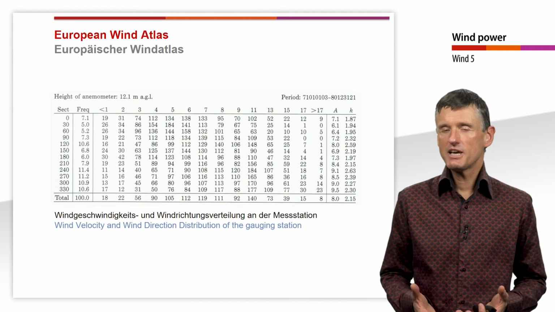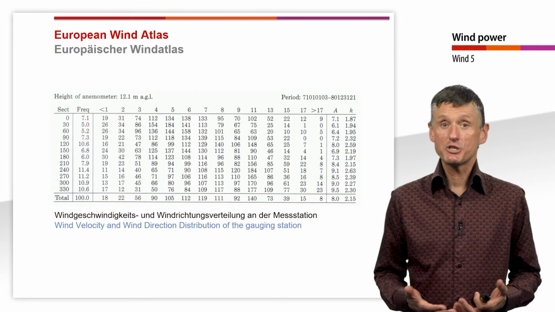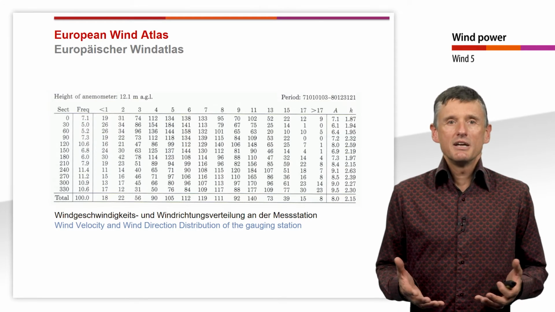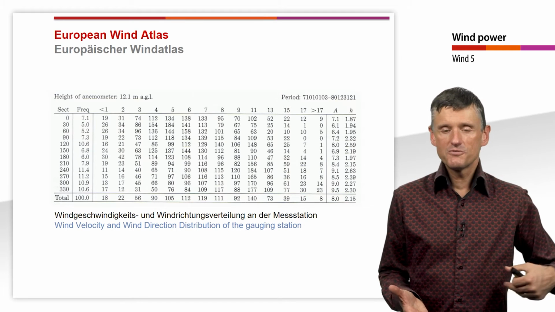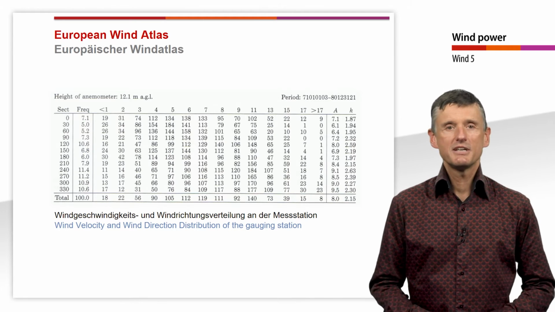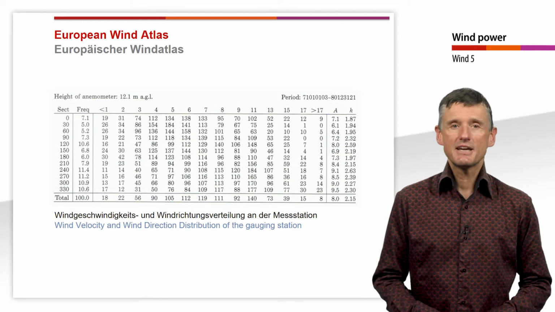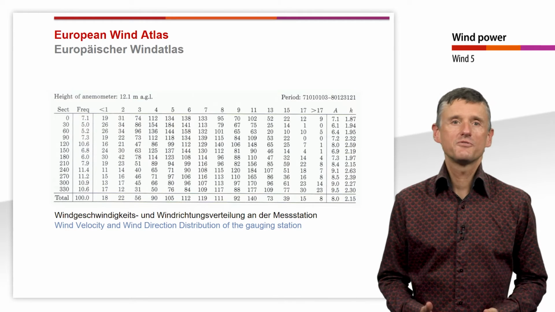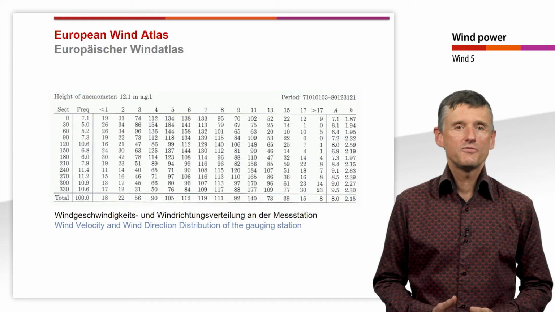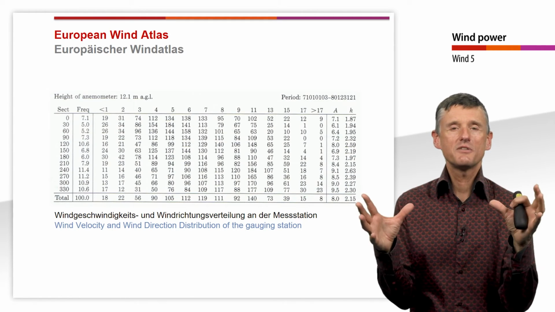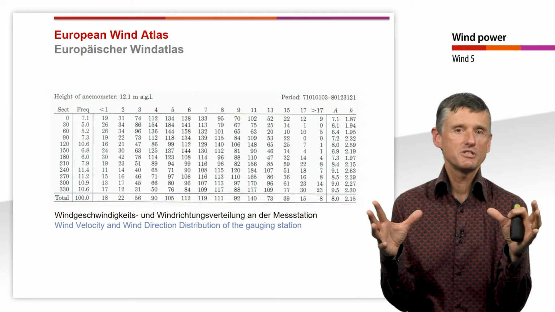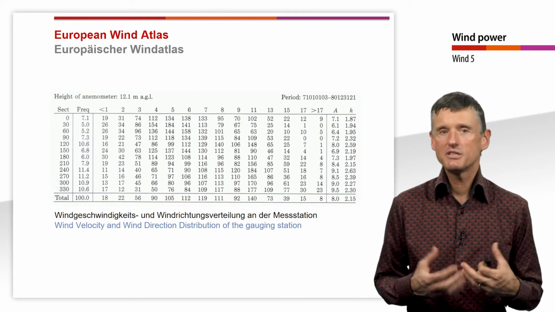The next thing we have is a table describing the measurement data. Again, we have it for all the sectors from north, east, south, and then going by west again to north. In the second column, we have the frequency of this orientation. And then in the biggest part, we have just the frequency of the measurement data itself.